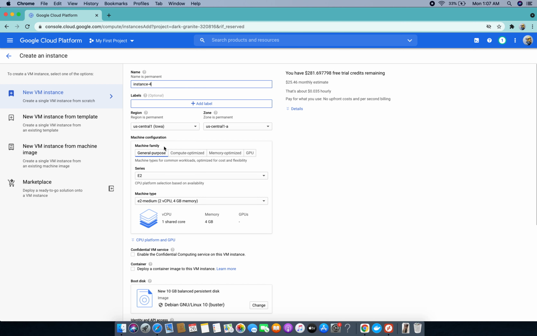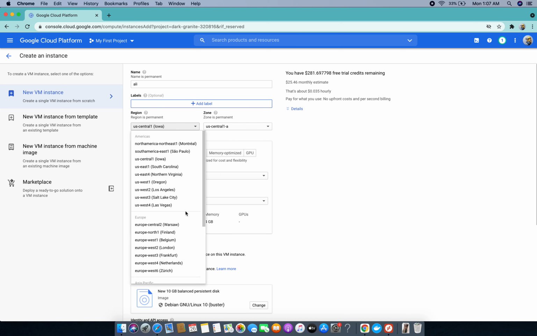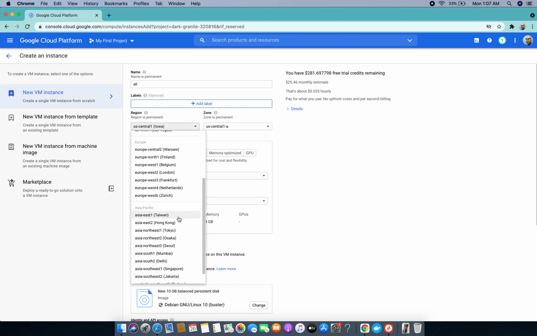I hope the quota is not exceeded, but let's just try it. It's taking a bit of time. Just wait a second. Here enter the name, like I would like to rename my RDP as Ali.